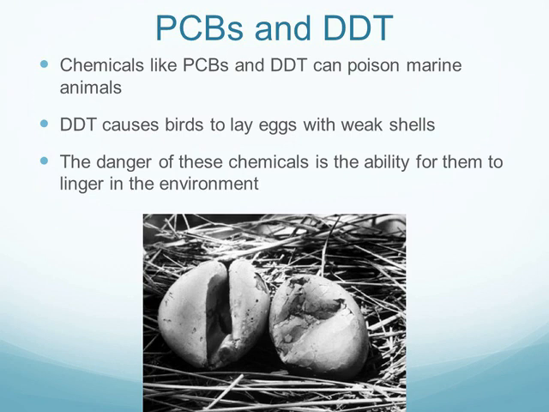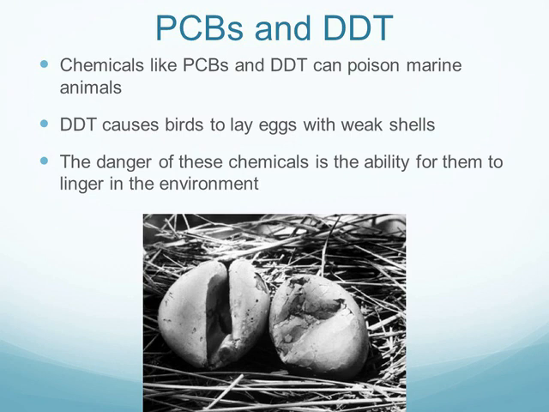So in order to keep the machinery cool, they had to develop a chemical that would do that. So PCBs was developed back, I think it was like 40s or 50s probably, to keep the machinery cool and absorb that heat that would otherwise affect the machinery. But the side effect of using PCBs is if it gets into the environment, it can do some huge damage to not only the organisms but as well as humans. If humans were to ingest it, or the marine organisms, it could poison them as well as kill them.